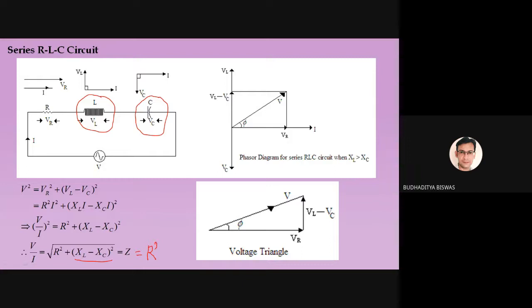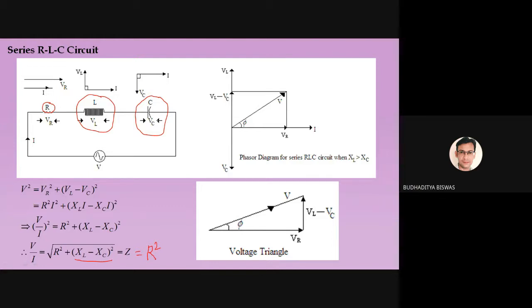So what will be the condition when we meet this type of situation, when in a circuit the physical components are present, but actually you are considering only the resistance value? So this condition is called resonance. Okay, after this particular chapter we'll come to this one, and we'll see what resonance is and what the advantage and disadvantage of this particular condition will be.